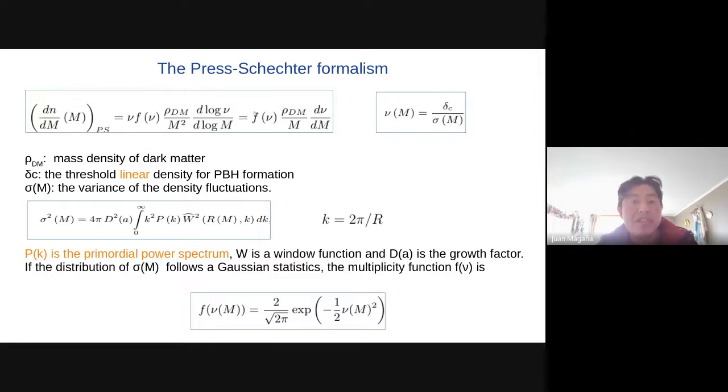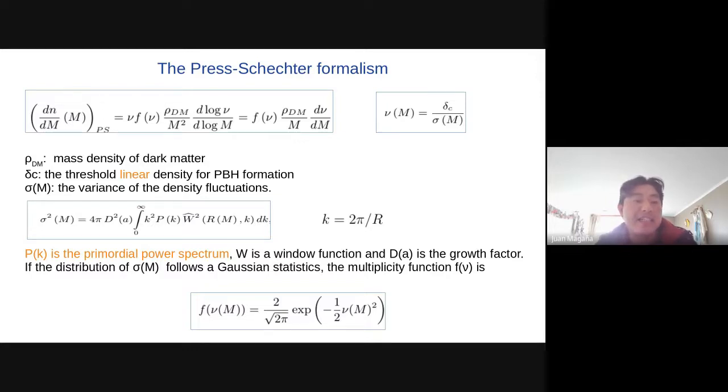For example, here you can see the mass density of dark matter. And also we have new parameters defined, like the ratio of the threshold linear density for primordial black hole formation over the variance of the density fluctuation. This quantity can also represent the height of the peak of the size of the fluctuation.